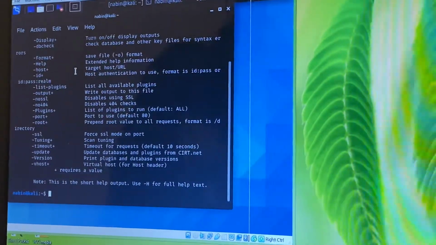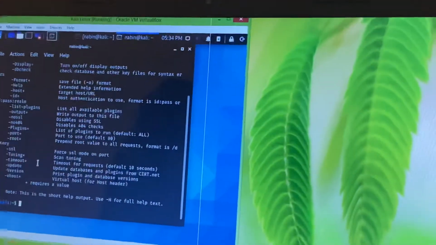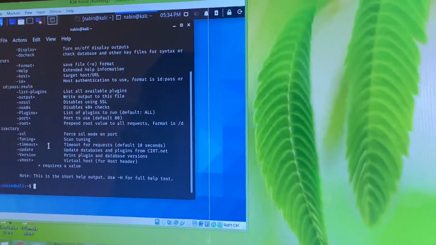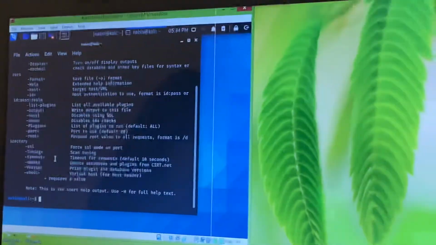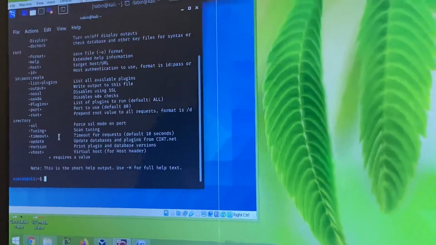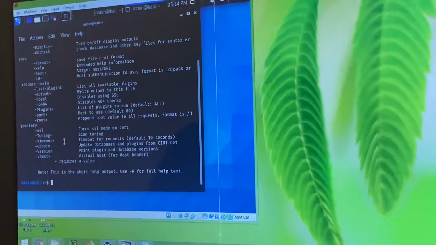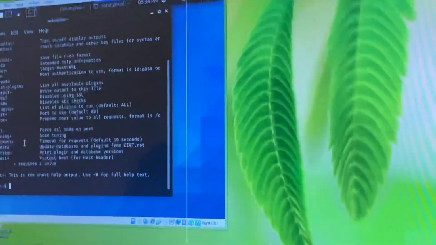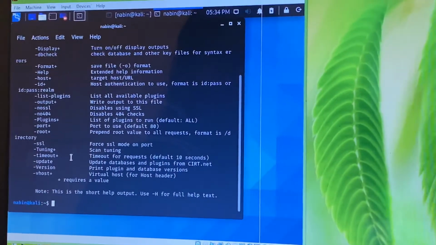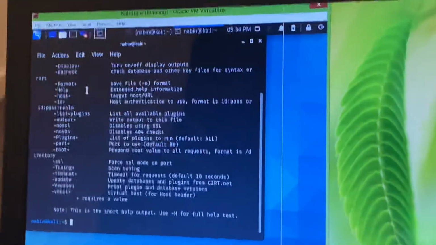In Nikto, these are all the functions available for doing different types of scanning. It is fantastic. It is very useful for detecting vulnerabilities on any server we are going to work on. It works on any website or web server. It is for general purpose, not for hacking any system. Nikto is generally used for finding the host and port address for any IP addresses.